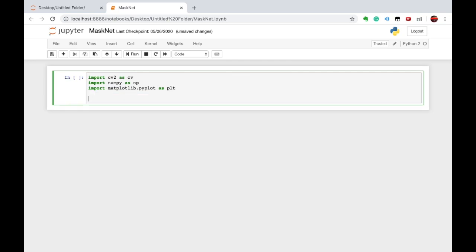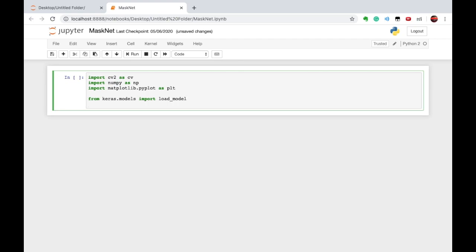Now we are using load weights to load our local weights into our Jupyter environment. To do this, I am importing a function from keras: from keras.models import load_model. This is for loading our model.